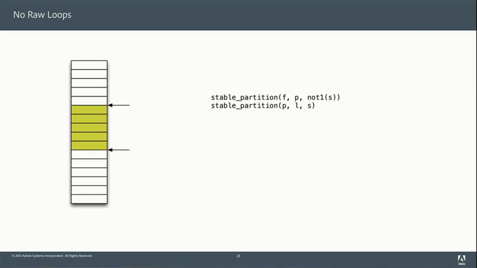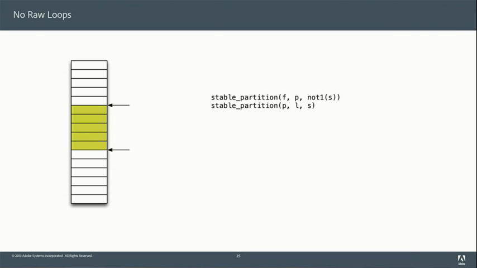Now we want to return where did all of our stuff go, just like we did before. Okay, now in this case, stable partition returns what's called the partition point, which is the point between the good guys and the bad guys.